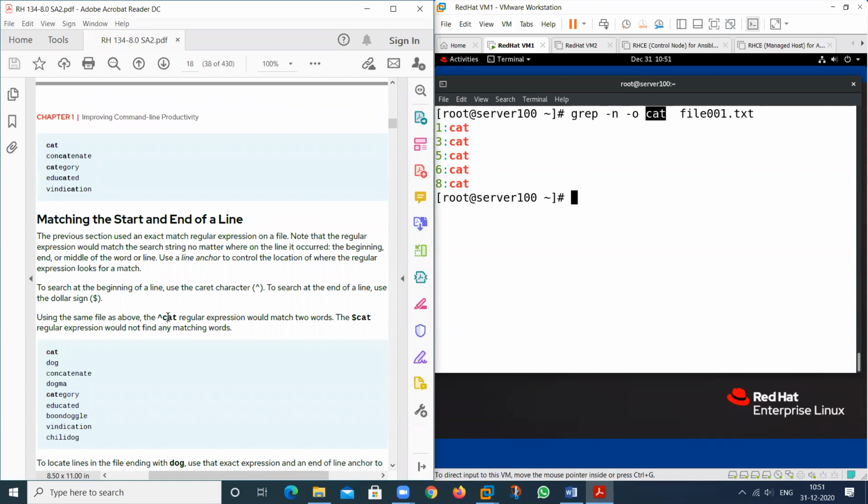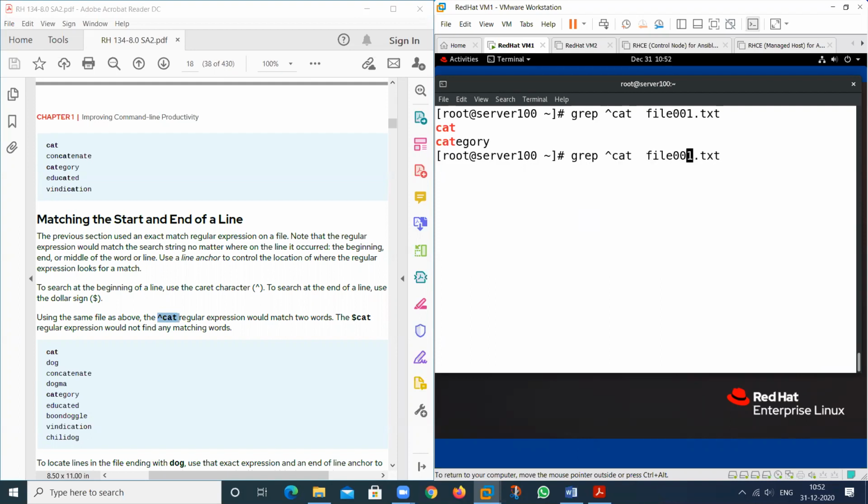Suppose I want to print the lines that have cat only in the starting, not in between. So this is the way to show this particular thing. See, only the cat at the starting. But if we want to print only the cat value, with cat in the starting and the end, then what will I do?